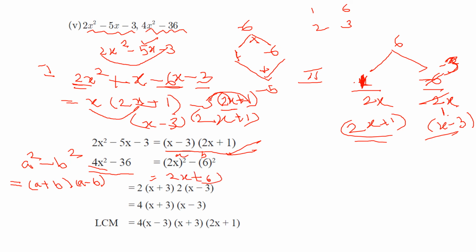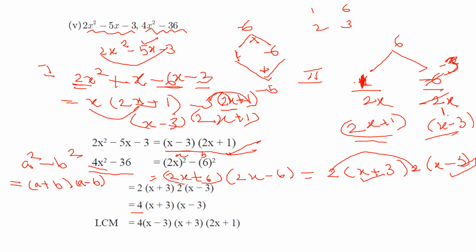into 2x minus 6. After the first bracket, we take 2 common, so 2 into x plus 3. And in the second also, we take 2 common, x minus 3. Then we multiply 2 into 2, 4, into the remaining x plus 3 and x minus 3. Write it. Okay. Therefore, LCM